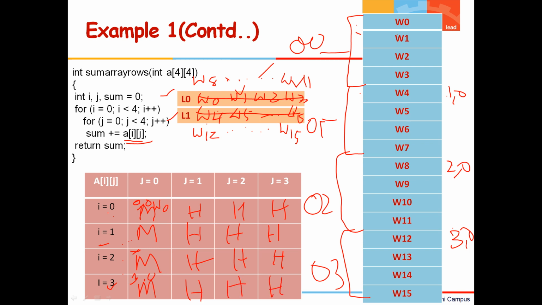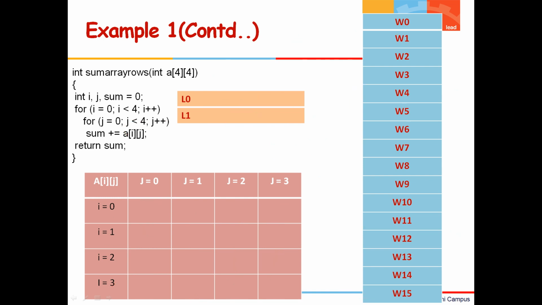So totally you have 4 misses. M is equal to 4 and hits is equal to 12. 1, 2, 3, 4, 5, 6, 7, 8, 9, 10, 11, 12. Hits is going to be 12. So the hit ratio is going to be 12 by 16. So this is how you have written a cache-friendly code, where the array elements have good spatial locality, and this has got temporal locality, this has got spatial locality.